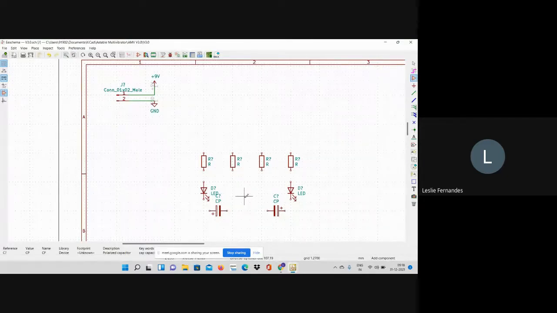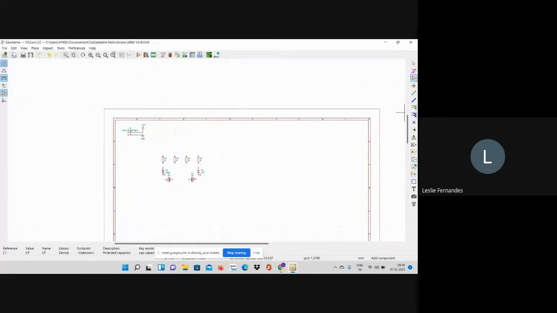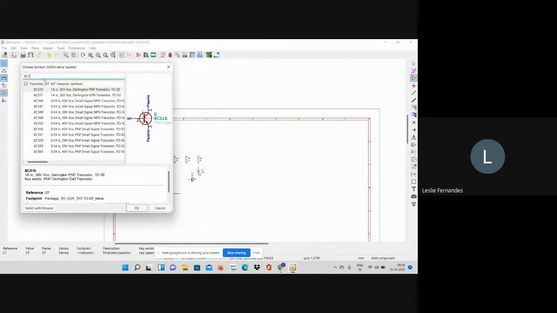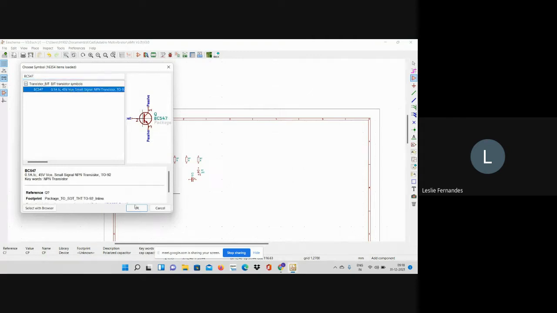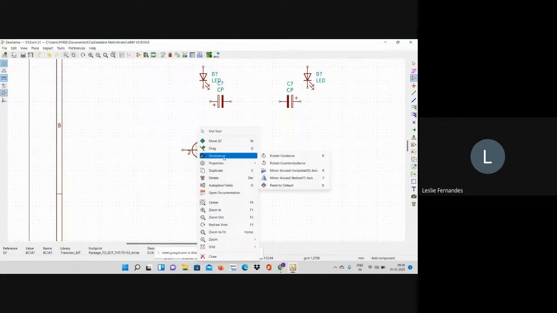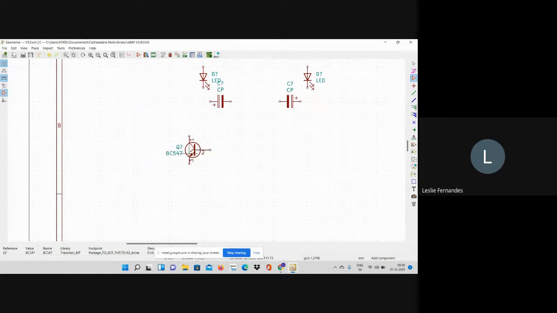The next thing that I need is 2 transistors. Again, I'll go to place symbol and click over here on the schematic. The transistor that I'm using is BC547. So I'll take BC547 and place it over here. Now this particular orientation, I want to mirror it. So I'll go to right-click, orientation, and say mirror around a vertical axis. I want this transistor base to be at the left. Now I'll align it on the grid. I'll press M for move and move the transistor and align it to the grid.